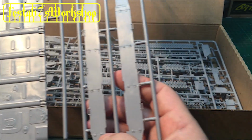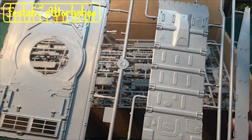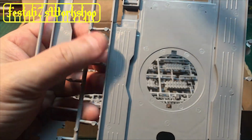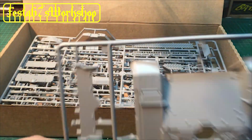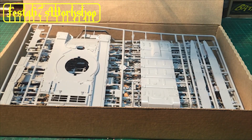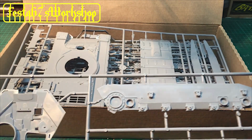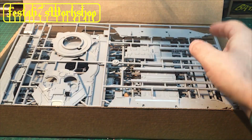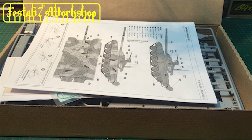The little hinges and everything on the external armour plates, it's all there. Same on the underside, all the hatch covers and everything. It really is beautifully cast. Again, the sprue gates are not in places that I would say are really gonna be difficult to conceal with a bit of sanding and a bit of weathering, so props to that. They're not massive, so yeah, I'm really quite pleasantly surprised with that. So there's a quick inbox review